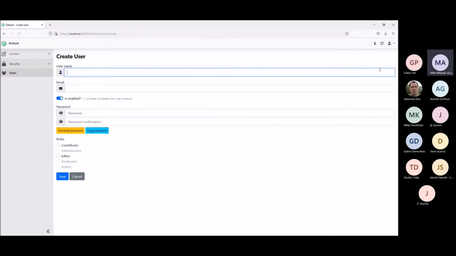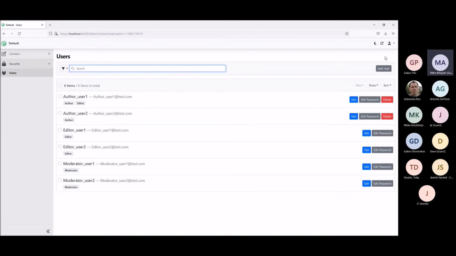If I click add a user, I can create a username. I can provide a username and password, and then confirm the password. In here, I can only assign contributor or editor, because those are my permissions. And as you notice, you can still provide a username in here, even though the settings disable it. We have to have it enabled when you create a user, obviously.